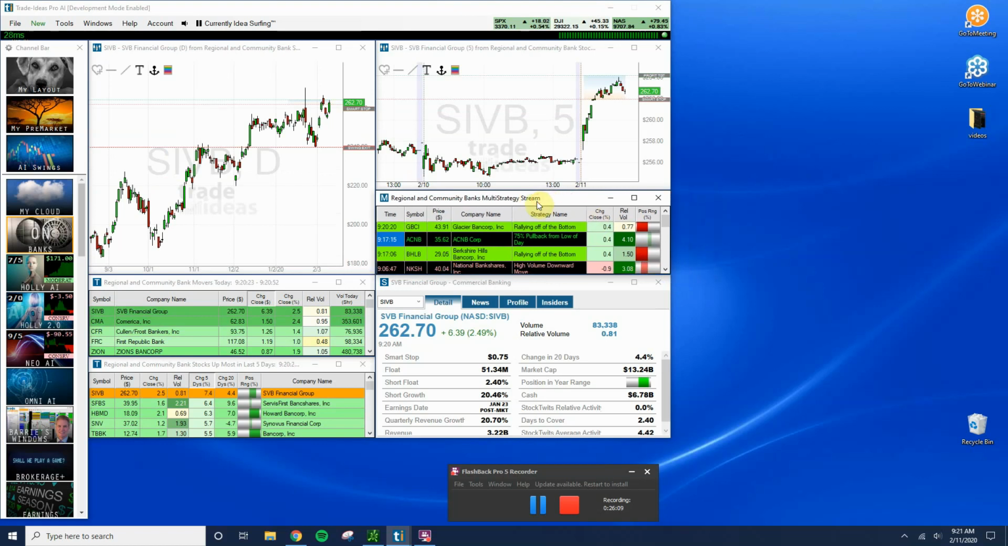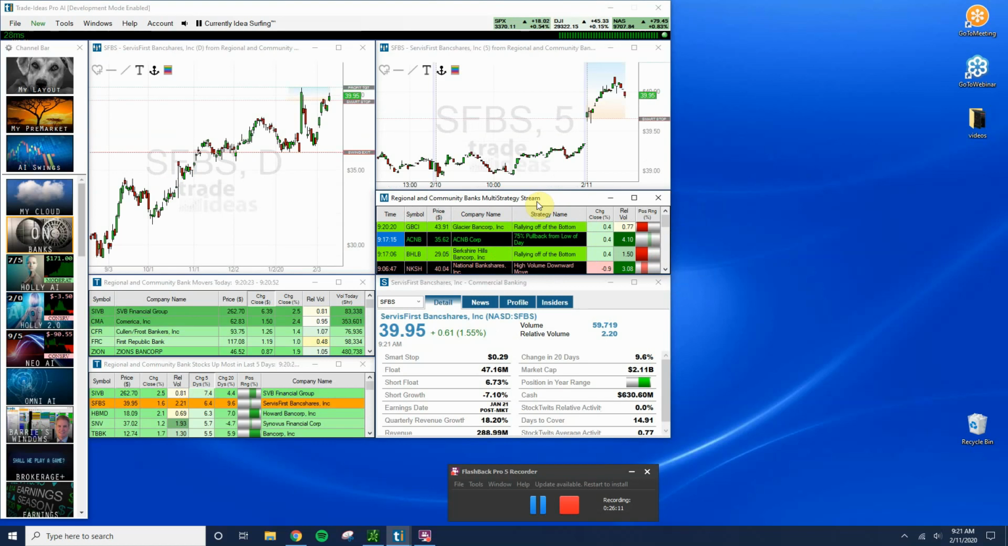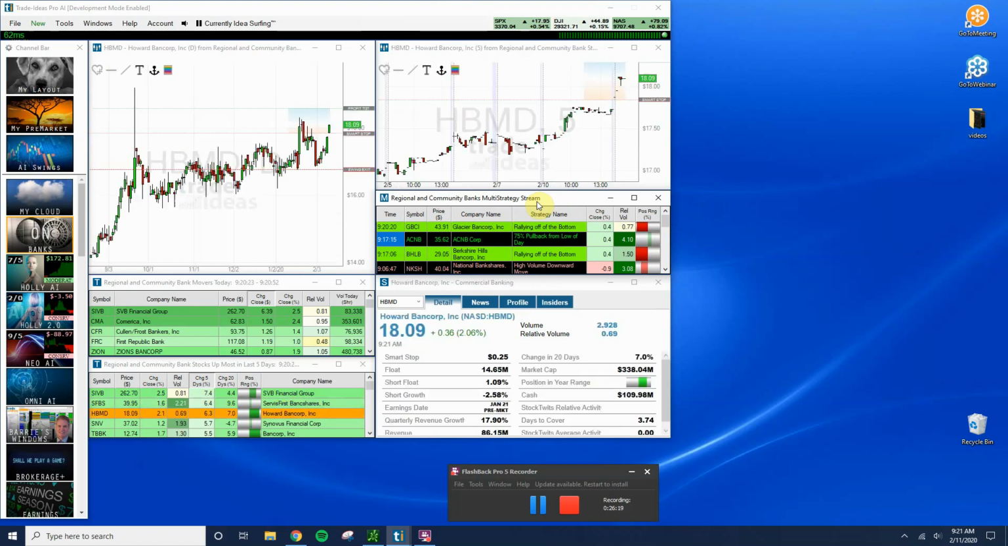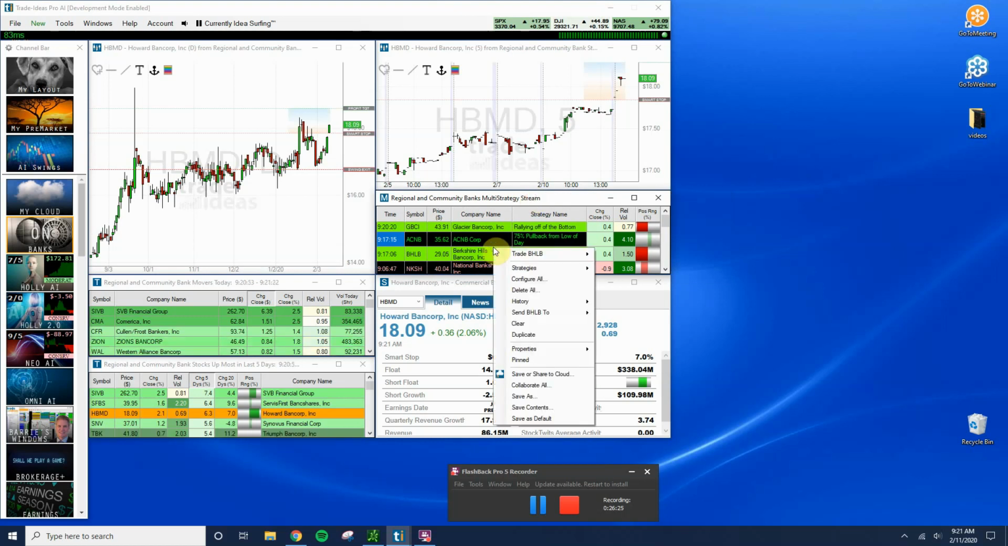Anyway, let's say you've been watching this window and you find this very useful. The trades that come through here are trades that you like to trade, that you want to act upon, and you don't want to reinvent the wheel. You just want to copy this thing as it is and bring it over to your own custom layout. Well, the way you do that is in this window, you simply right click, go to Save or Share to